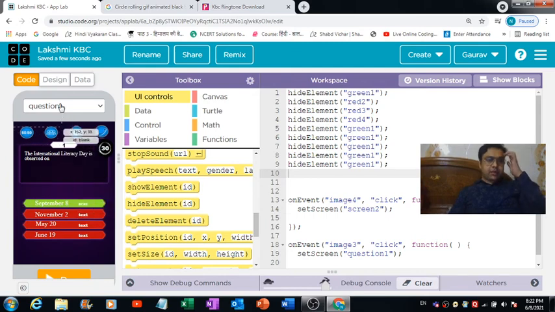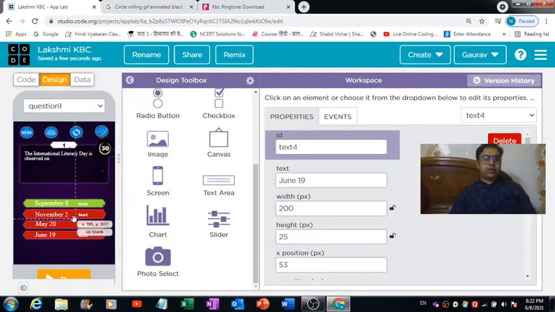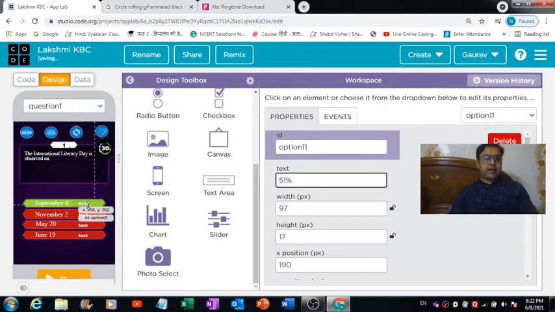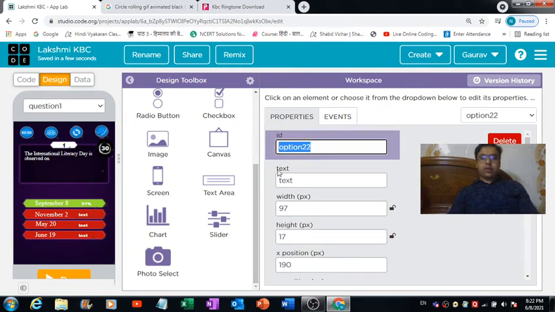In place of this text, I would like to see 51% getting reflected like this. Okay, and then here we can just change this one to, let's say, 19%.